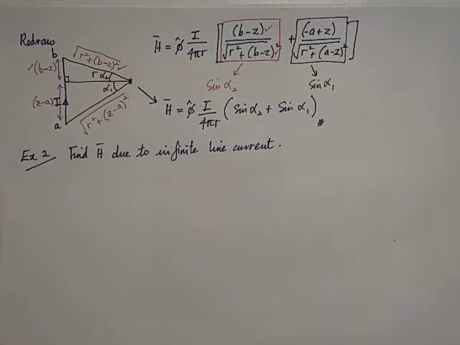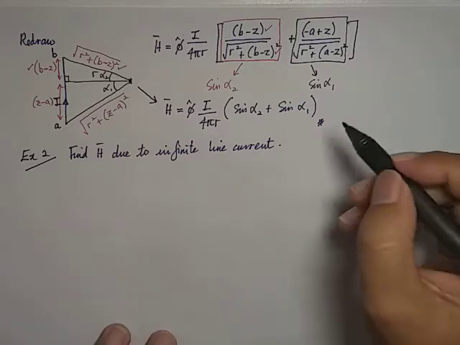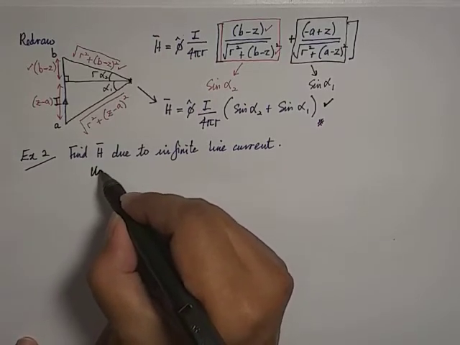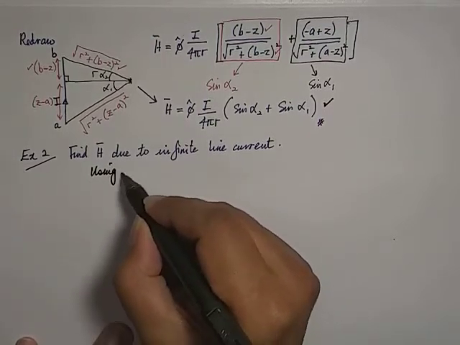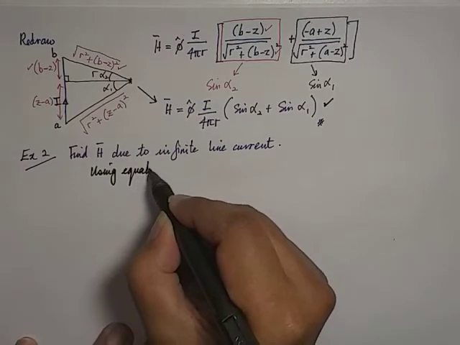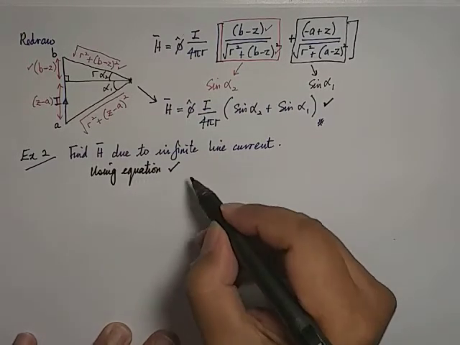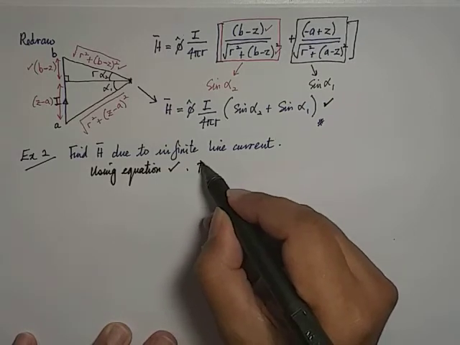Good, we're going to use the above equation. Which one? This one. Okay, using the equation, so I'm going to put which equation here? Equation correct, okay? But for infinite,